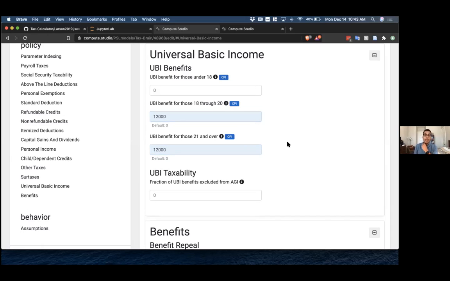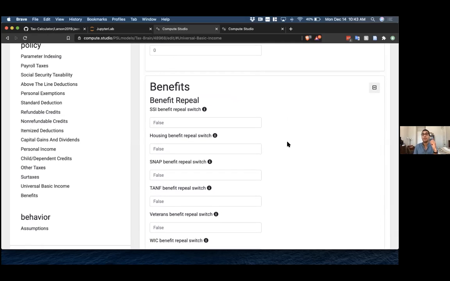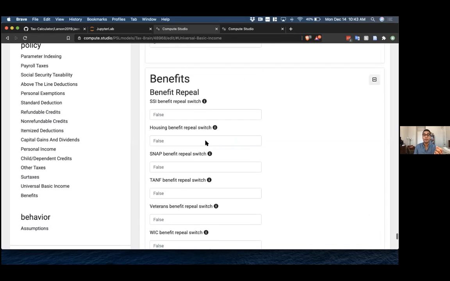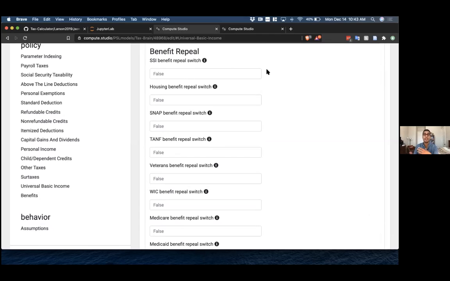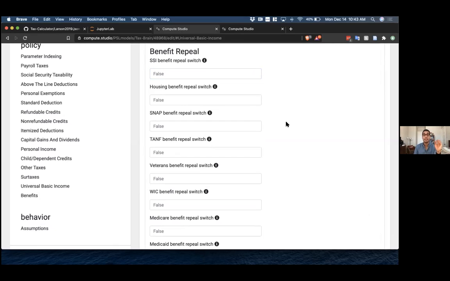And then finally, the last section I want to go over is this benefits section. So this only really works with the CPS file because that's the only file that we have this benefit information for. But if you wanted to test a policy reform, or say you replaced all these benefit programs with a UBI, you can do that just by first entering the UBI amount up here, and then you can repeal or not repeal each of these different kinds of benefits. And you get just a simple drop down for true or false with whether or not you want to repeal them. So it's not as flexible as you had with the deductions where you can say repeal part of the benefits. It's sort of all or nothing here,